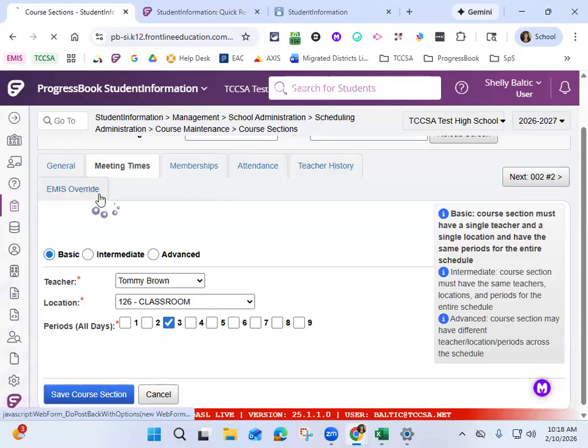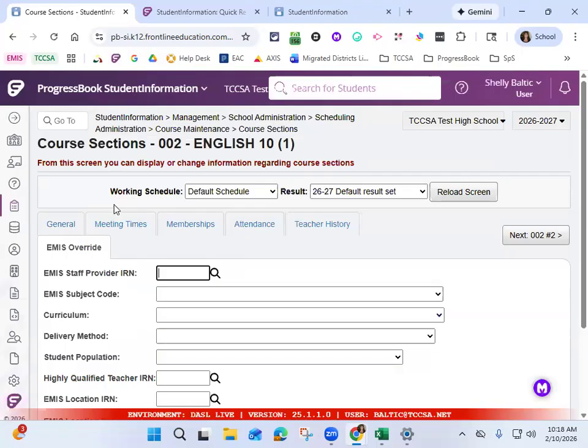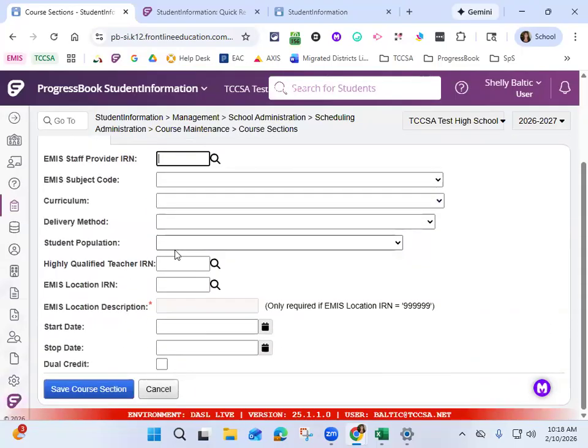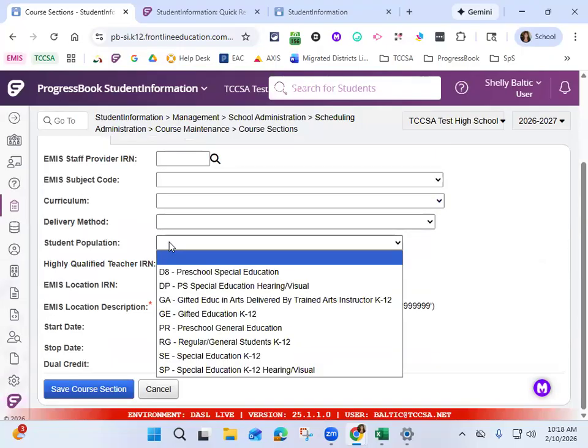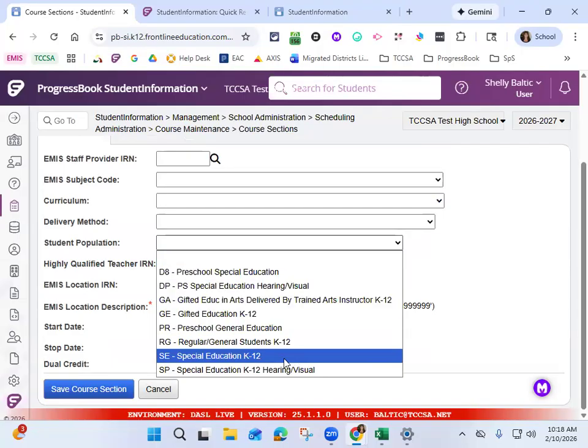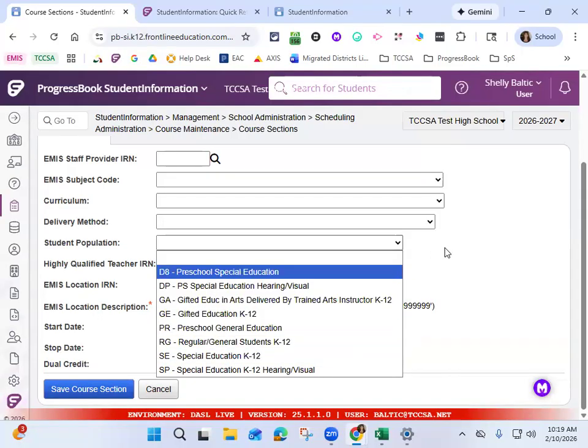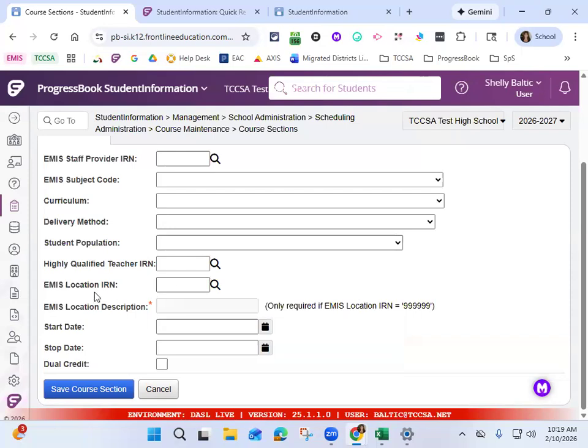Okay, and then EMIS override, this isn't used very often. The most popular case would be if your student population has English classes, but one is for your special ed group. You can mark that one as special ed. Remember, it has to be greater than 50%, not at 50%. And then the other popular one is